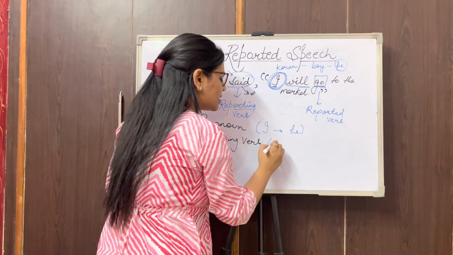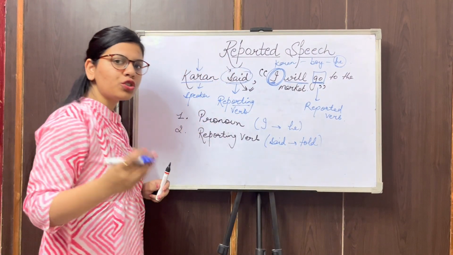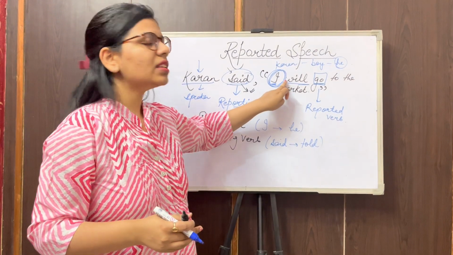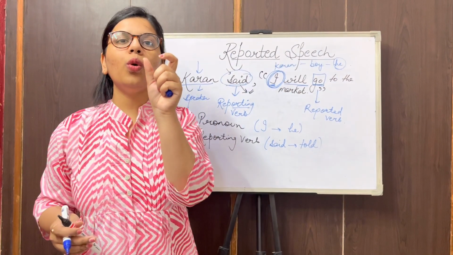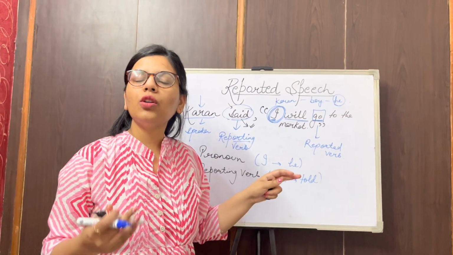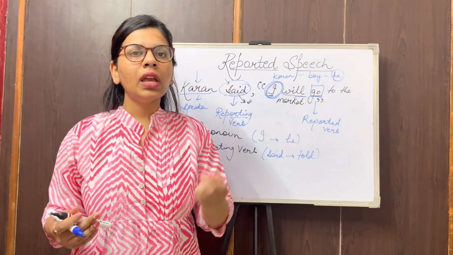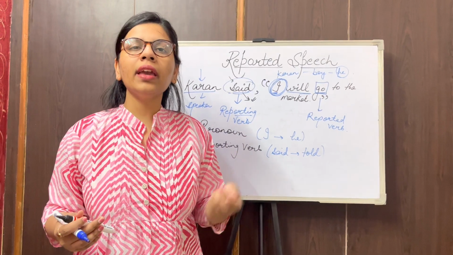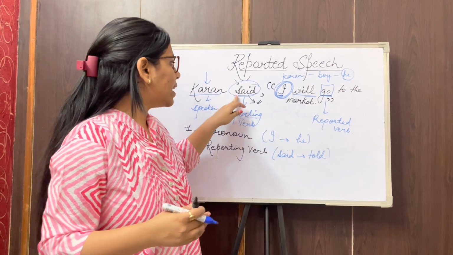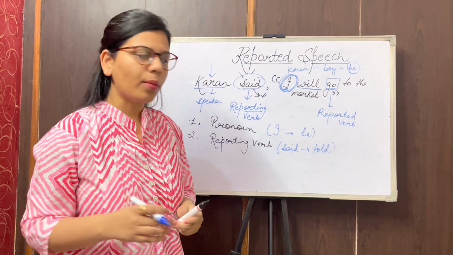Generally, the word said is changed to told. But this is not a hard and fast rule, and there are several variations. For example, if the sentence in the inverted commas contains the word please, then said might be changed to requested. If there is an order or command in the inverted commas, then said will be changed to ordered. If it's a question, then you may say inquired, questioned, or asked. So the verb said can be changed according to the sentence given in the inverted commas.